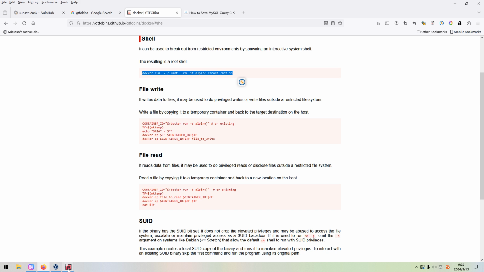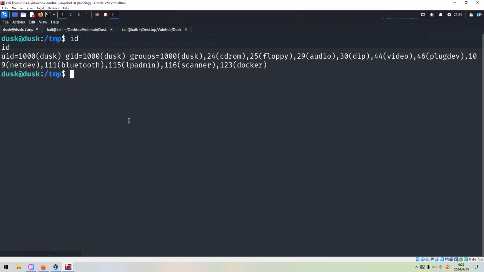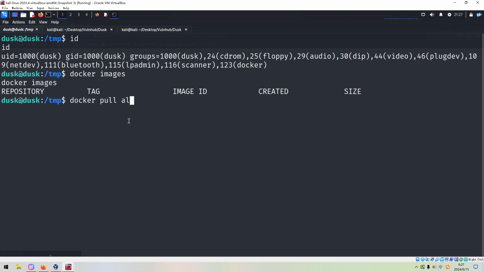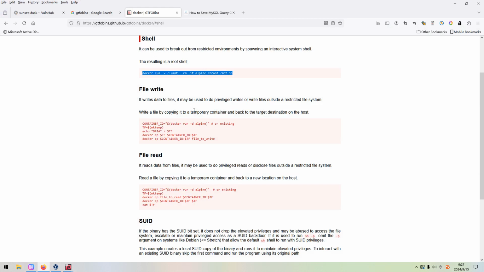But first of all, we need to check whether there is any Alpine image available on the target. So we can use docker images, but nothing there. So of course, we can use docker pull alpine to pull down this image, and then you just run this command to get our privilege escalated.